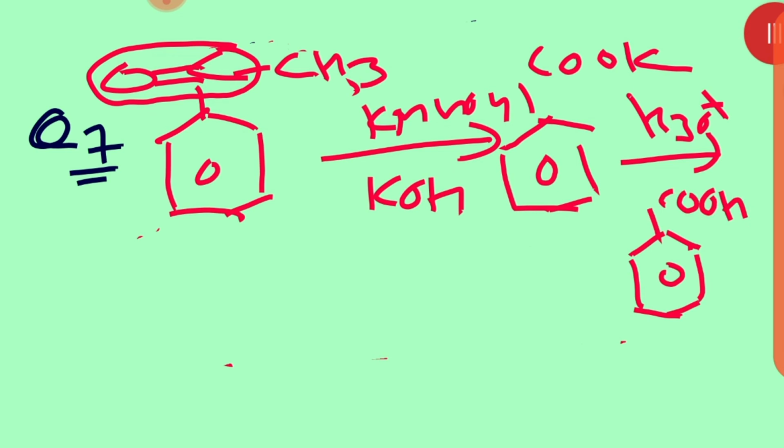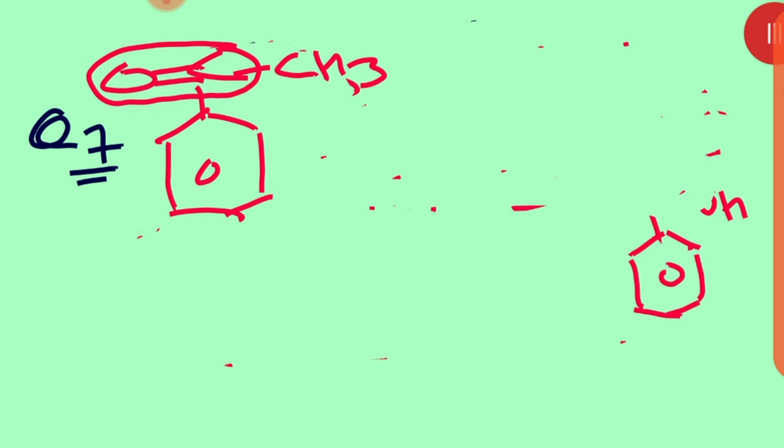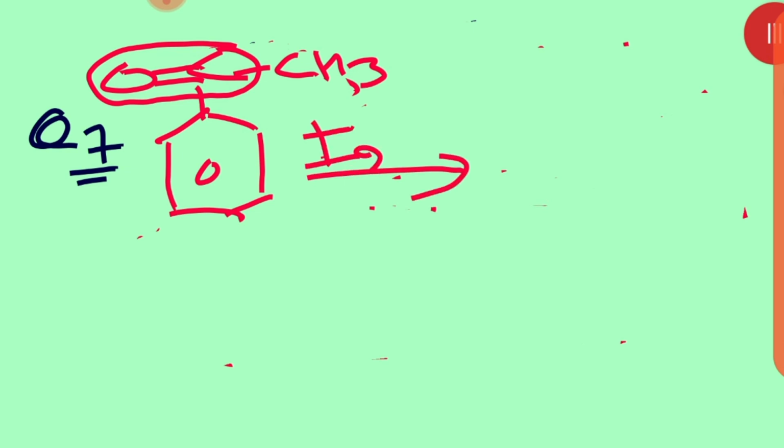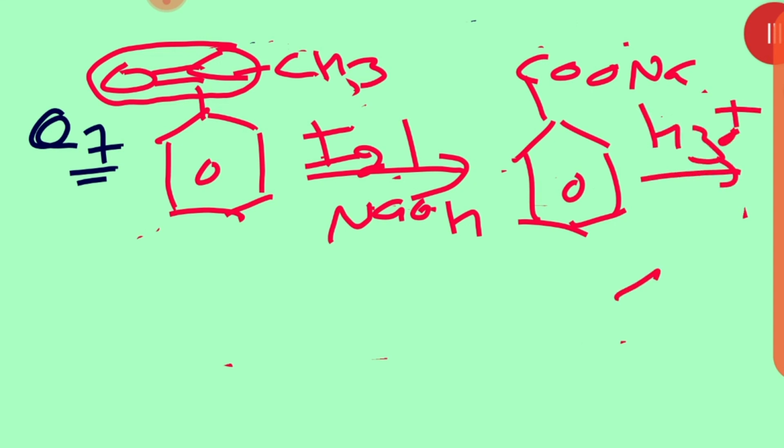Benzoic acid. Student, there is one more thing here. Maybe you can be confused also, that previously we have taken the benzylic hydrogen. You may not have understood that, so it is better you can do it in a different way also. It is given in your books also, a different way. Okay, you can do its iodoform test also. You can do it by the iodoform test also. I will write there. You must see with I2 and NaOH. Please do this reaction. COONa will be formed, then hydrolysis, then benzoic acid will be formed.